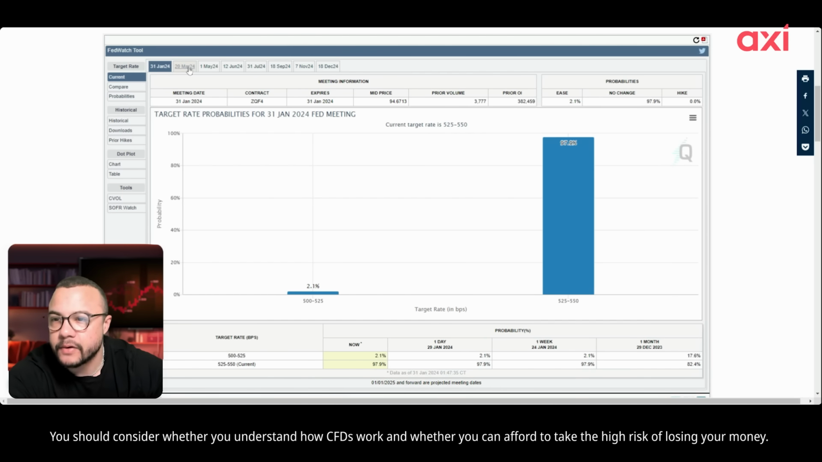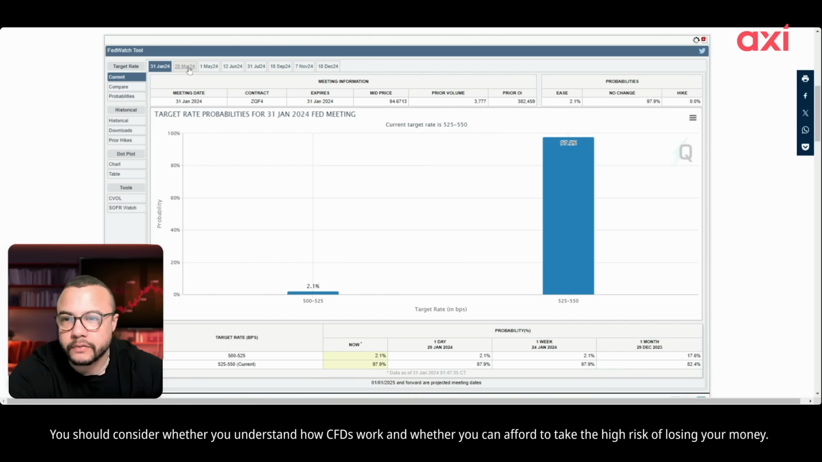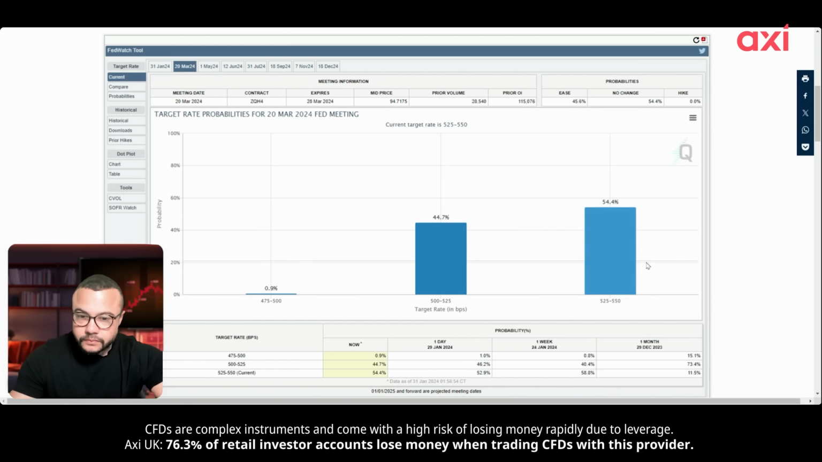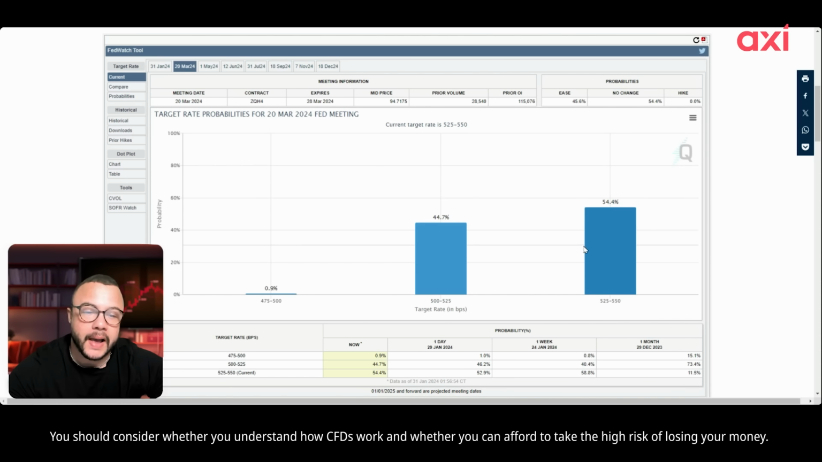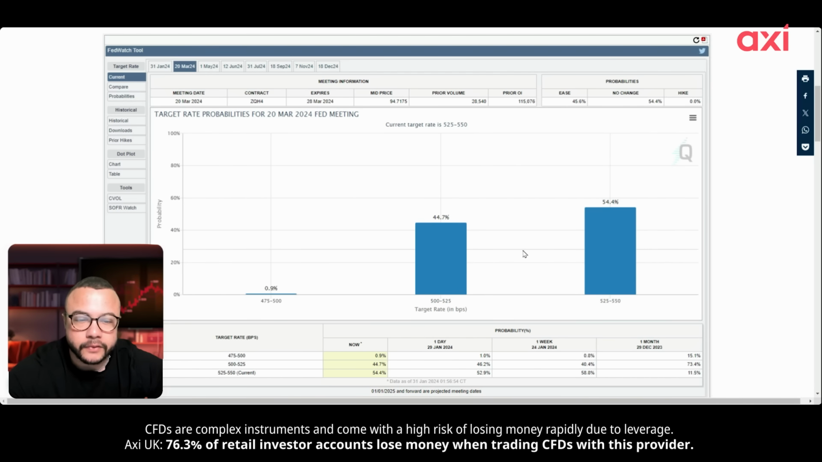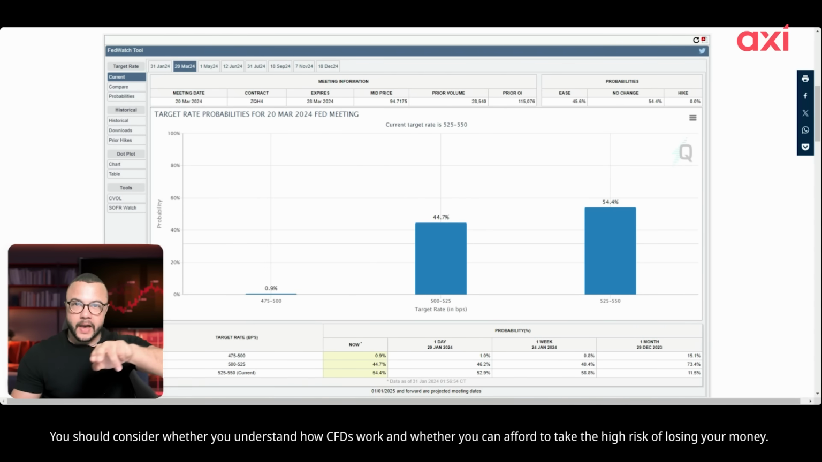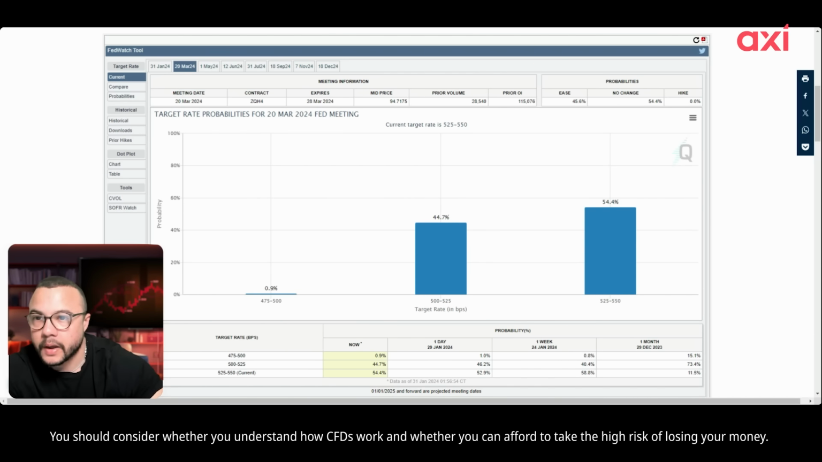But I think key here is to look at what goes on in the forward meeting. So if you look at March, for example, we're currently priced actually almost 50-50 between a cut and a maintain. So a no change and a cut. And so, you know, this would mean that the curve is effectively looking like that. And I can show you the actual term structure of it, but